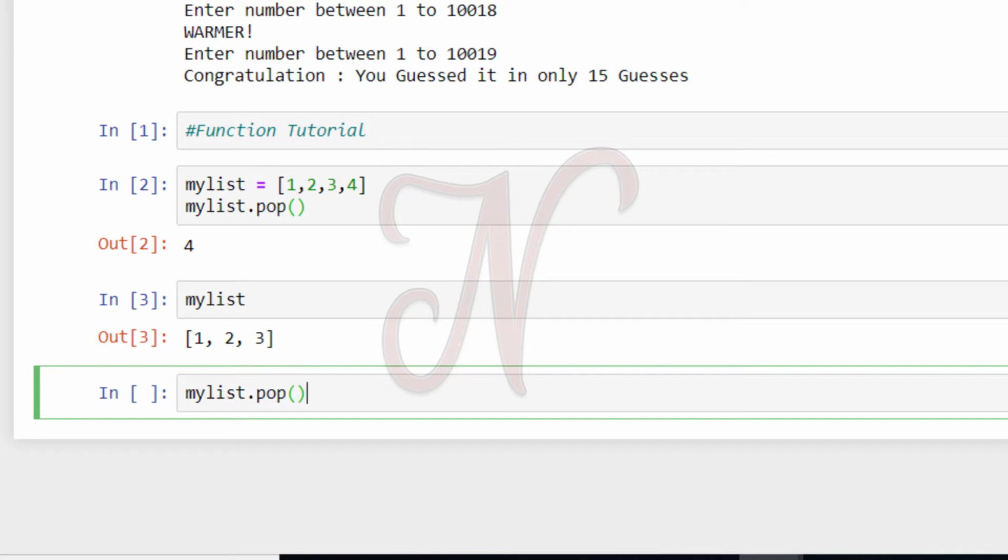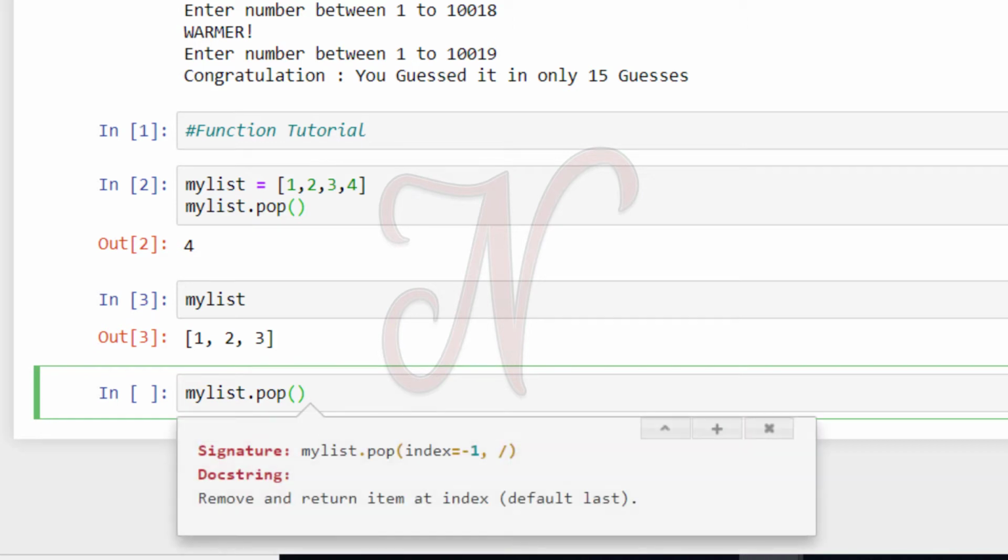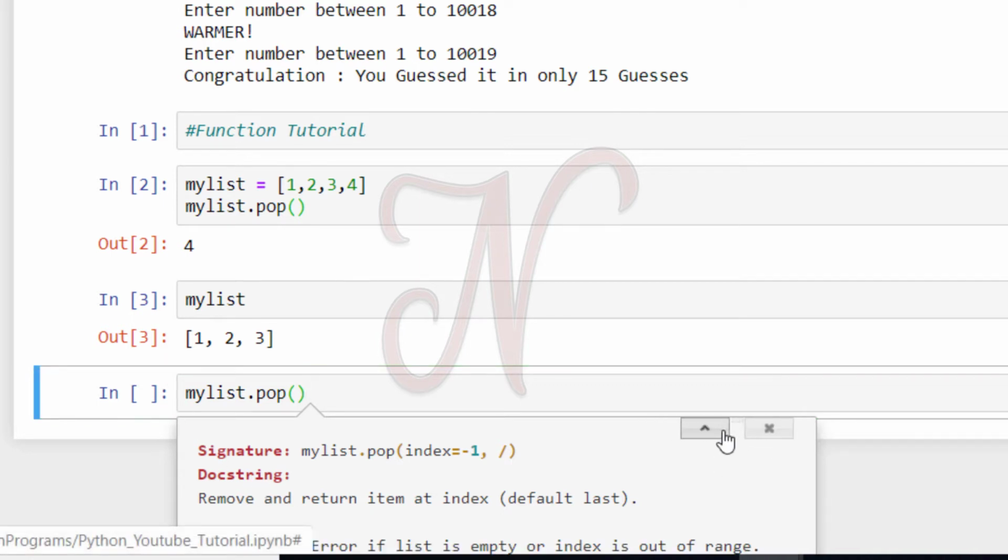Again if you press the shift tab button, then see here, these are the signature and the docstring.